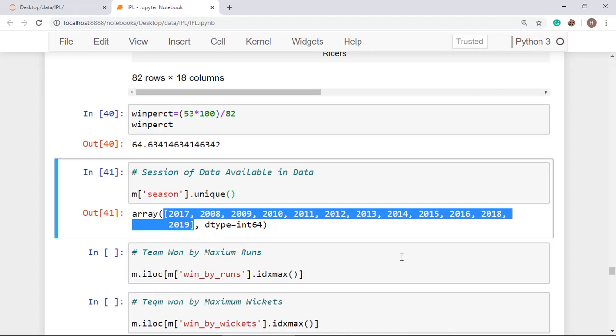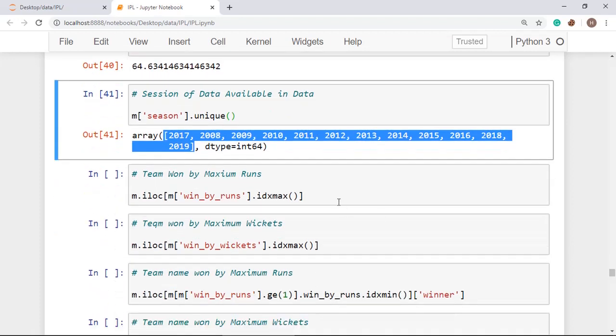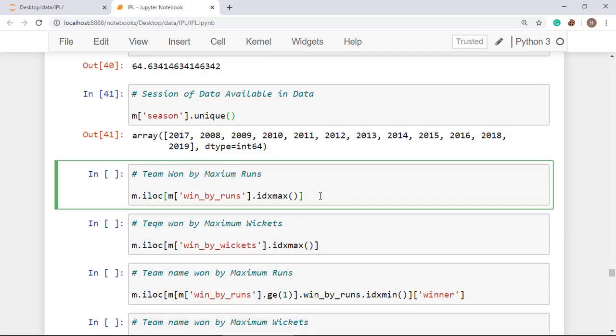Alright, now I am going to show you how to get the team that won by maximum runs. So what we are doing?